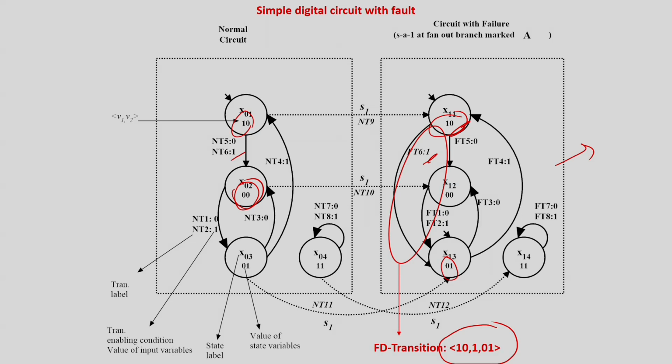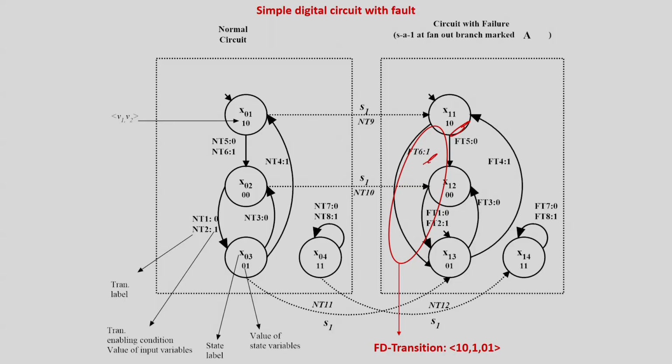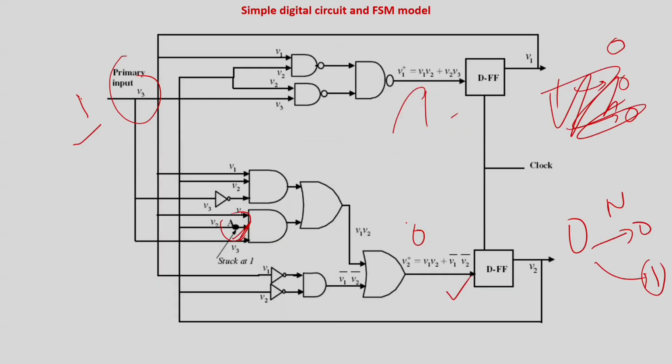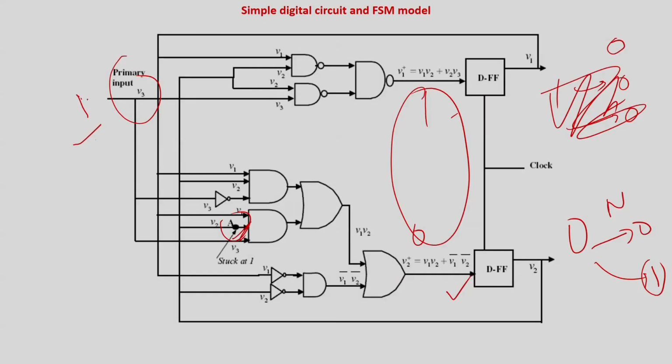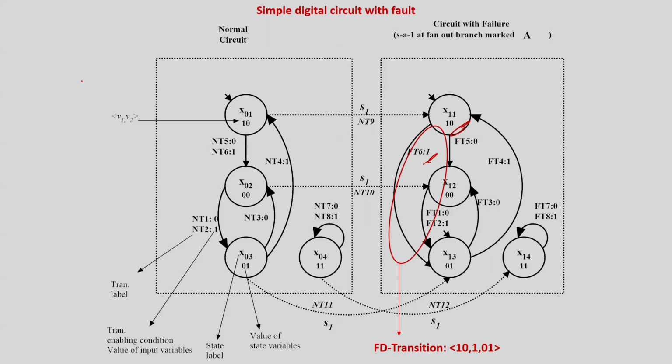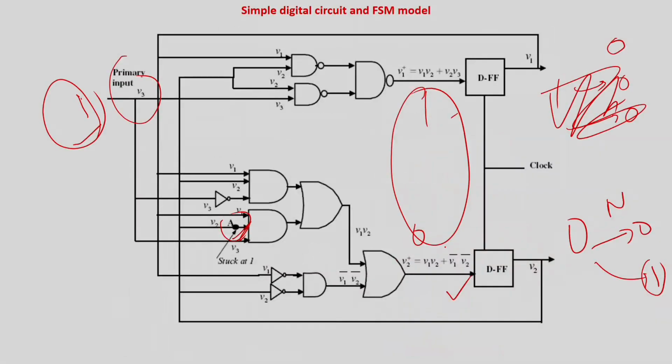This is just the procedure I am going to show you, how they go for an online tester design. By this method, the partial replication method, they are taking this procedure. You can also find this vector. The vector is basically nothing but the initial state, that is 1 0. So 1 0 is the initial state, the input is 1, and the next state is 0 1 in case of error. That is 0 1 in case of error. Normal case it is 0 0. This is error. This is normal.